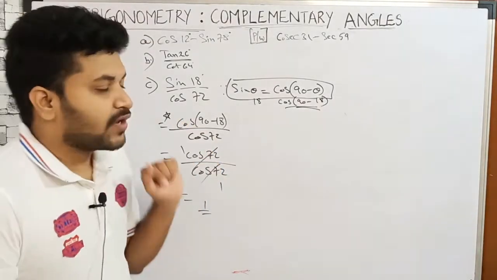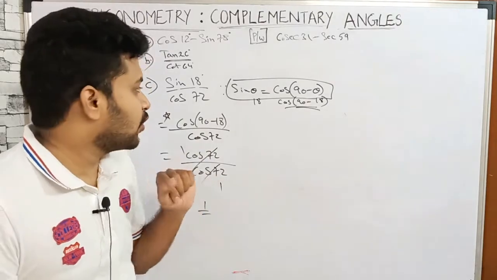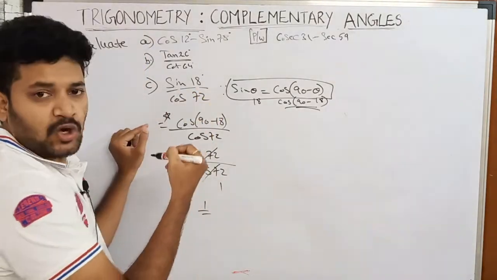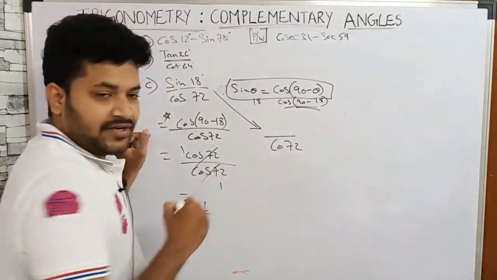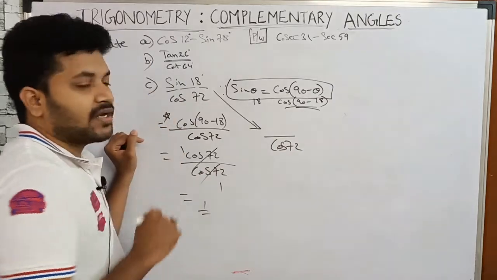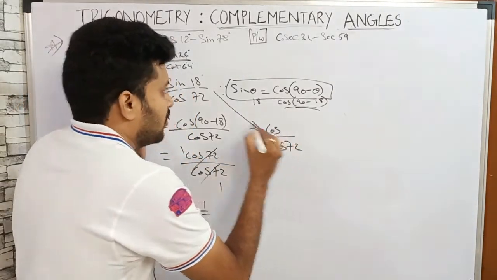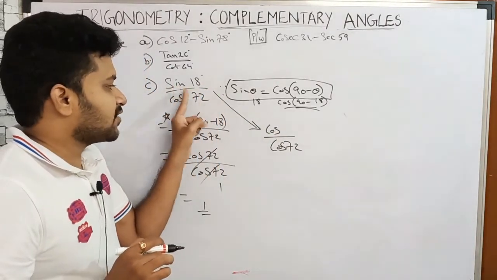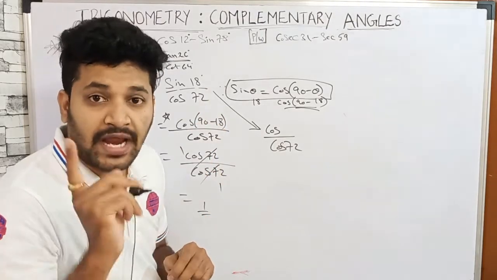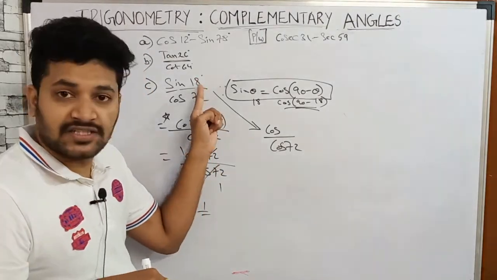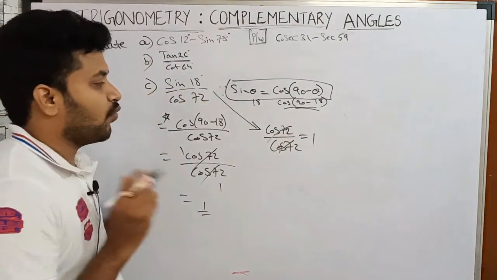Next, if you get this sum in IIT and within a fraction of a second you have to do it, how will you do it? Sin 18 by cos 72, denominator same. But in place of sin, you know that it is cos. At the same time, if you write cos in place of sin, the 18 also should change to 72. How did we get 72? 90 minus 18. You should subtract this number from 90 and you will get 72. Cancel, and you will have 1.